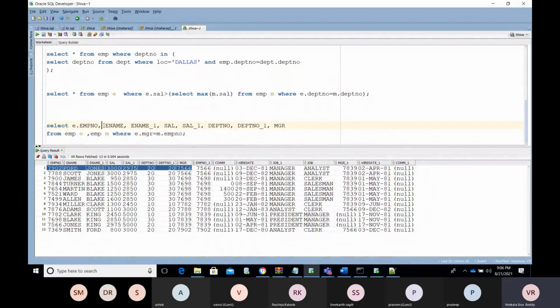E dot EMP number, E dot E name. Employee information, you will get the DEPT number and M dot EMP number.